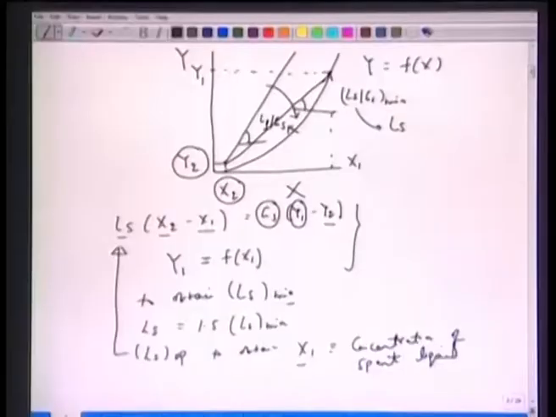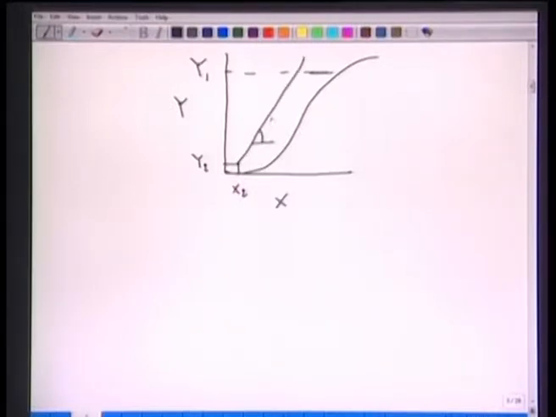In other words, let us see this graph here. Suppose we have an equilibrium curve like y versus x, and our equilibrium curve goes like this, and we concentrate on the same x2 and y2 which we had earlier, and this y1 was given here at some concentration. Now, if you want to draw any operating line with the slope of Ls over Gs, and we reduce the slope, or in other words we are trying to find the minimum amount of Ls, we must realize that we can have a tangent here.